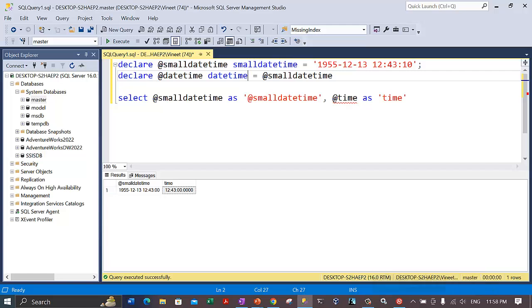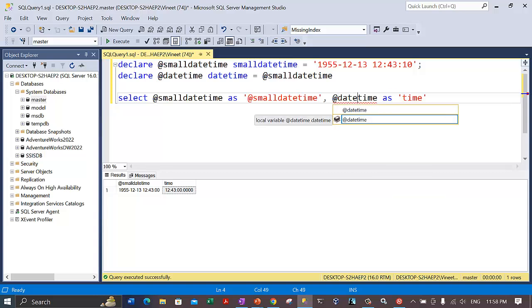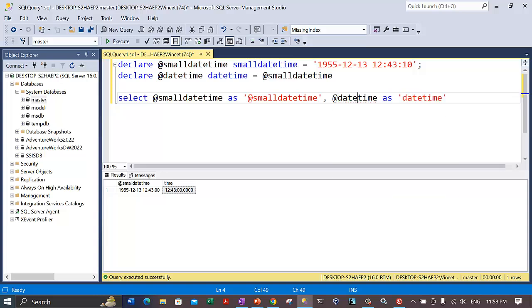Okay, we have taken a variable datetime of datetime data type, assigning the value of small datetime to this datetime variable. Let's try to print this datetime variable here with the datetime as column header. If we assign this information to the small datetime variable and try to print it, it will truncate this second part and set it to 00. Whereas if we assign